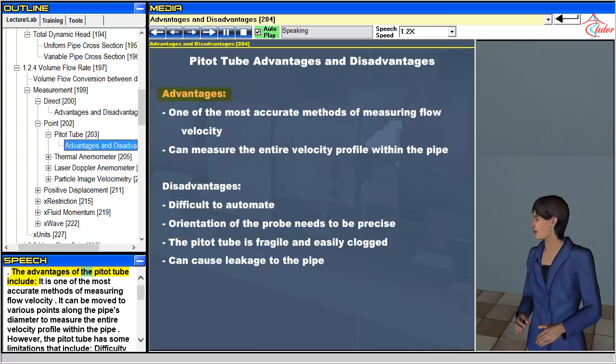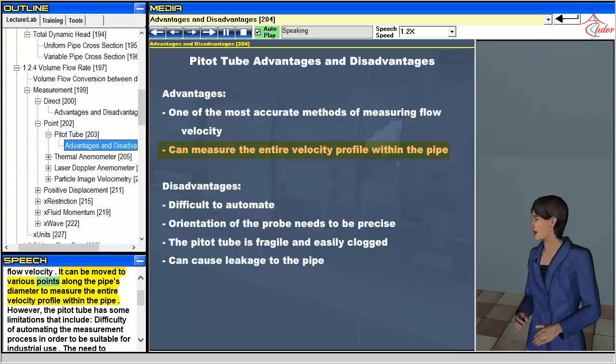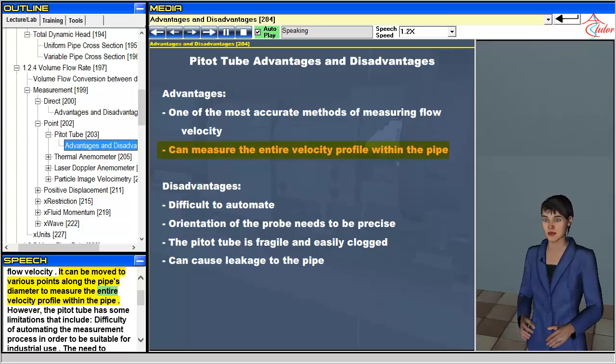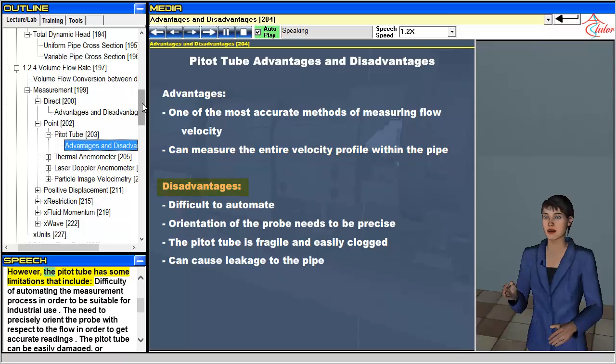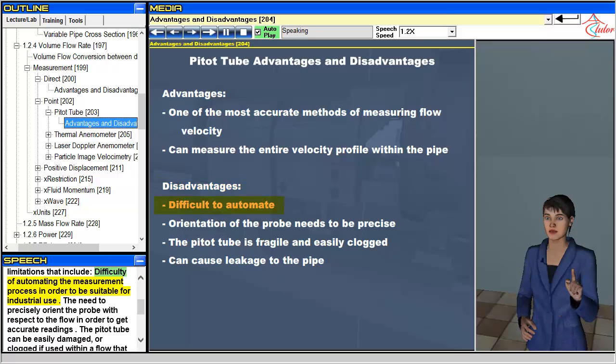The advantages of the Pitot tube include: it is one of the most accurate methods of measuring flow velocity. It can be moved to various points along the pipe's diameter to measure the entire velocity profile within the pipe. However, the Pitot tube has some limitations that include: difficulty of automating the measurement process in order to be suitable